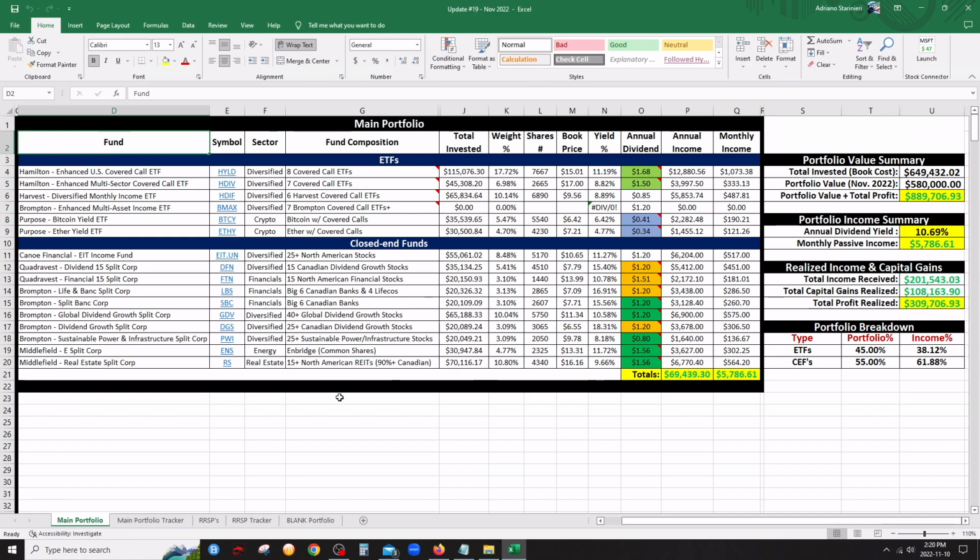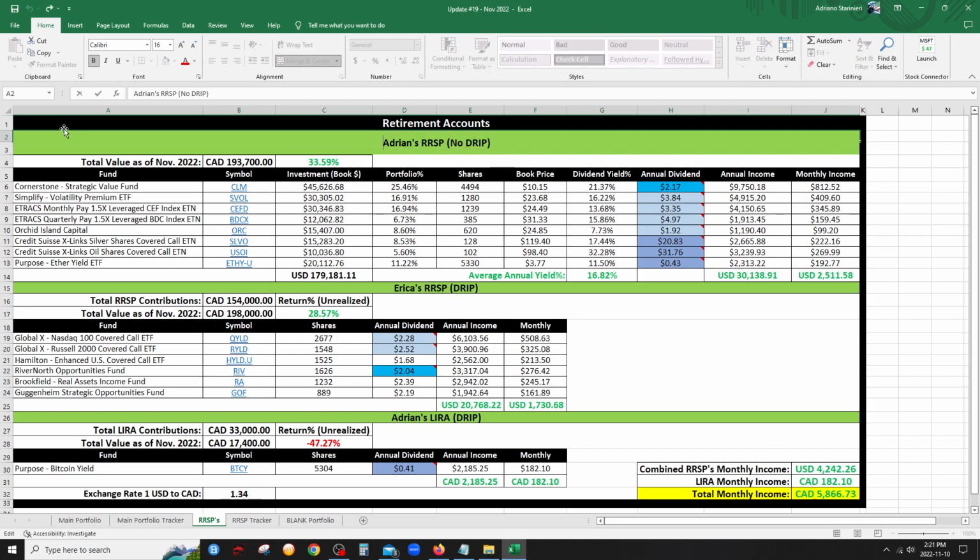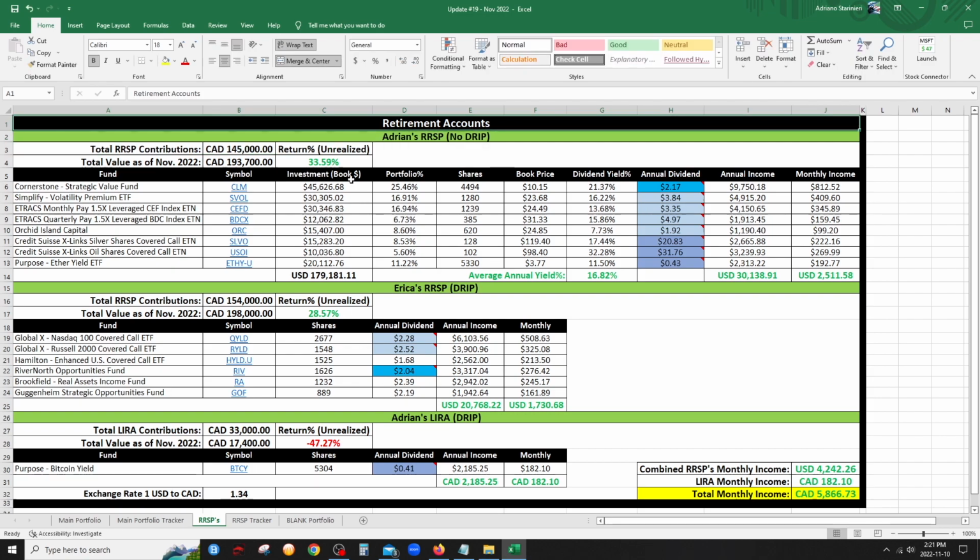Again, two separate entities: the main portfolio, which is our two TFSAs and joint cash account, and the RRSPs, or the retirement accounts rather, which is our two RRSPs and my LIRA. Moving on to tracking. So that was structure. Moving on to tracking, let's start with the retirement account. So it's fairly easy to track